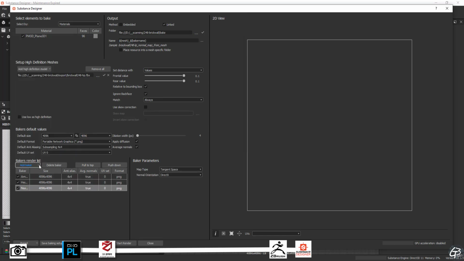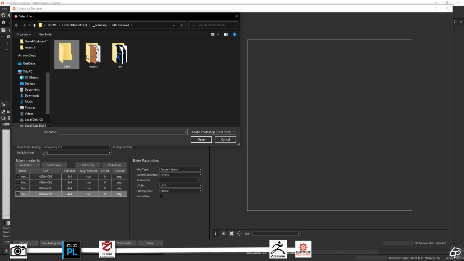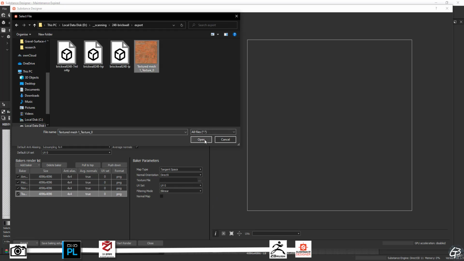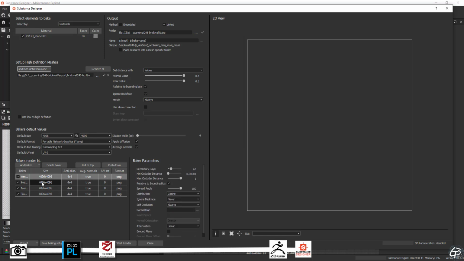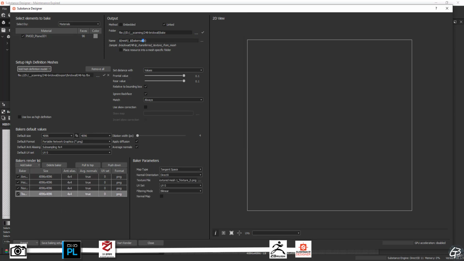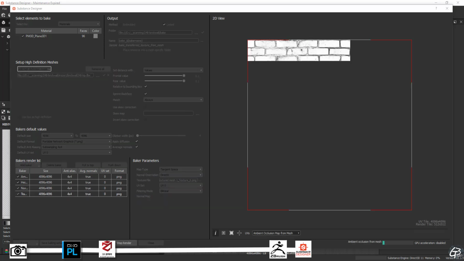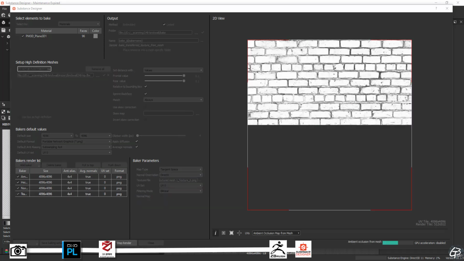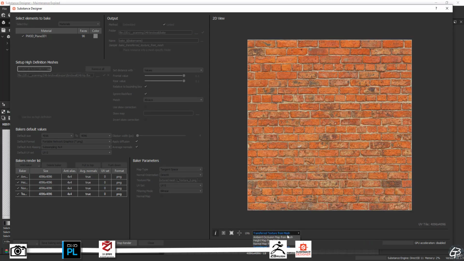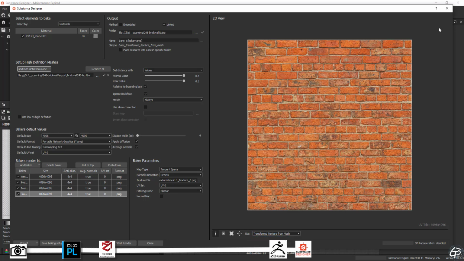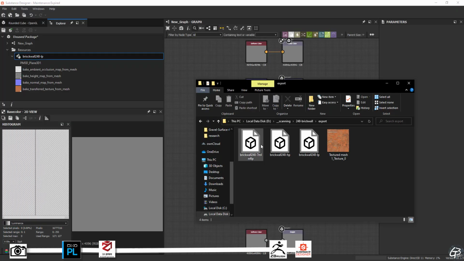Since I decided to use a texture to carry color information, we need to select the one exported from 3D Zephyr as a source for albedo information. When done, we should have them stored in our baked directory.